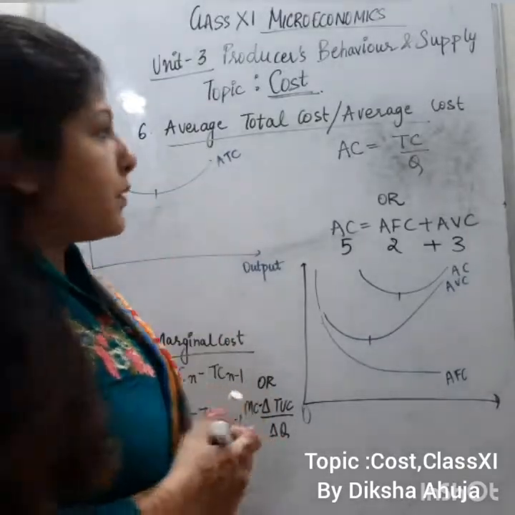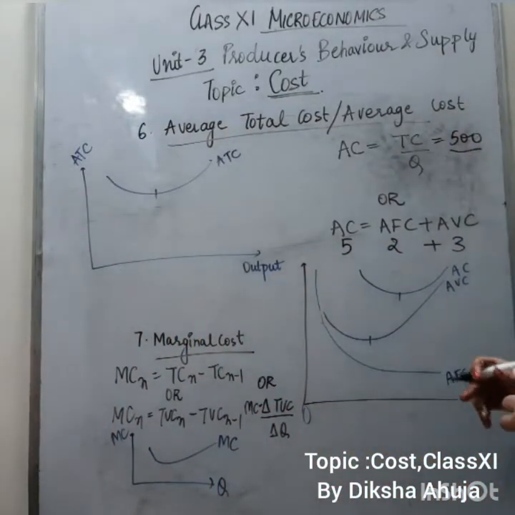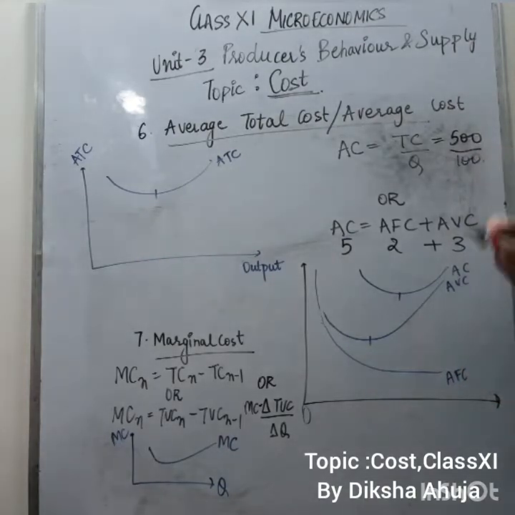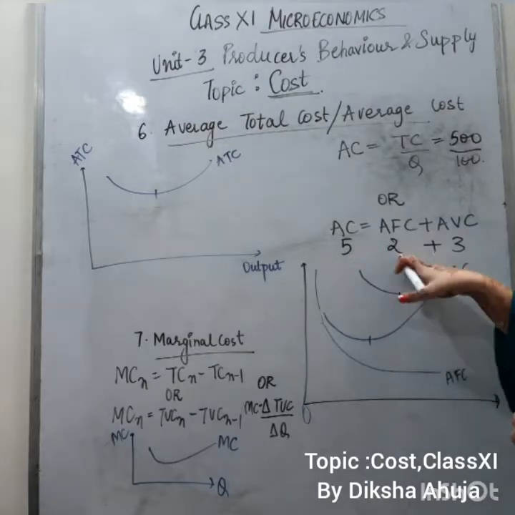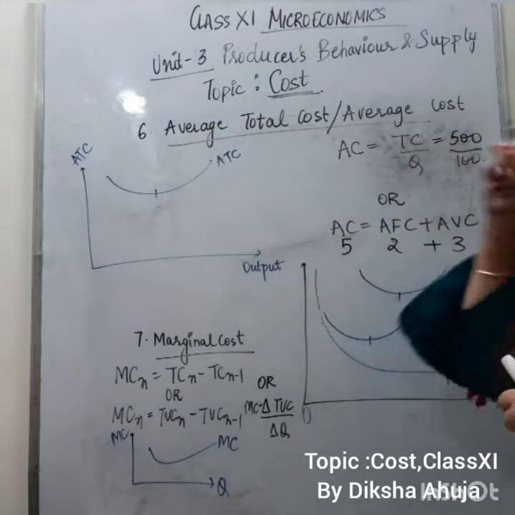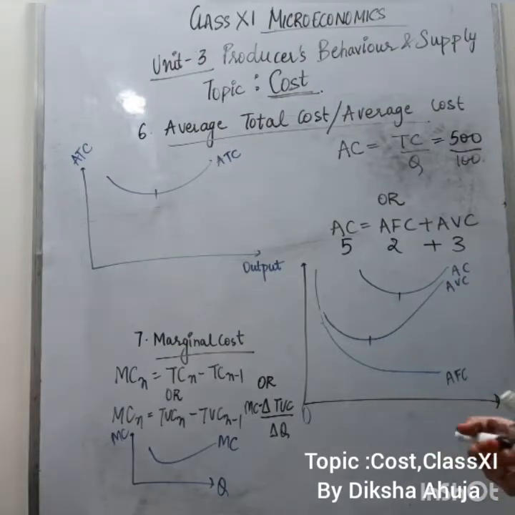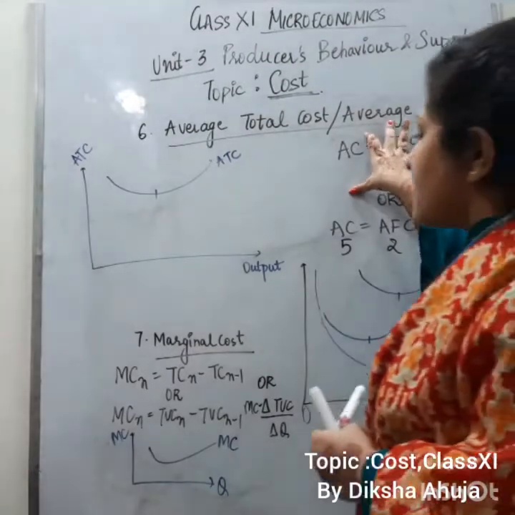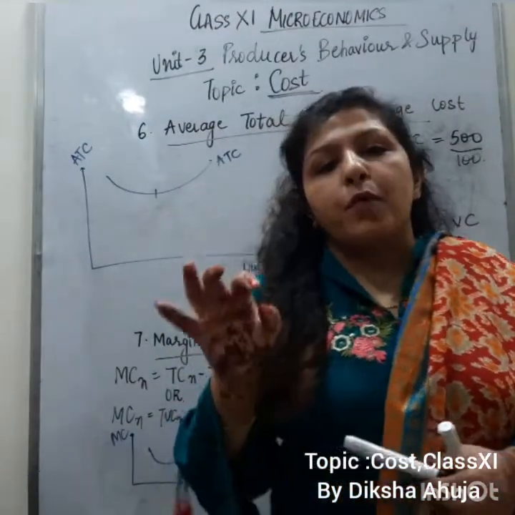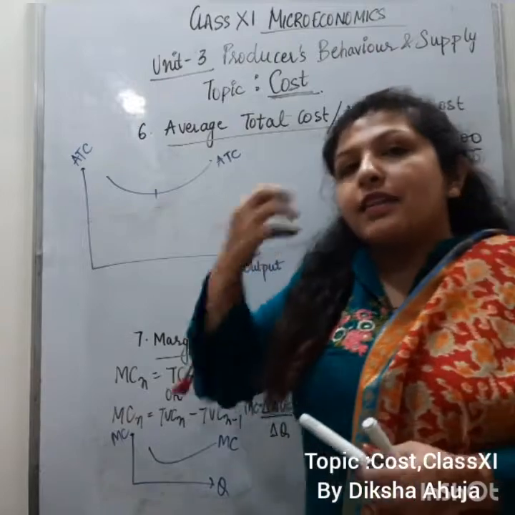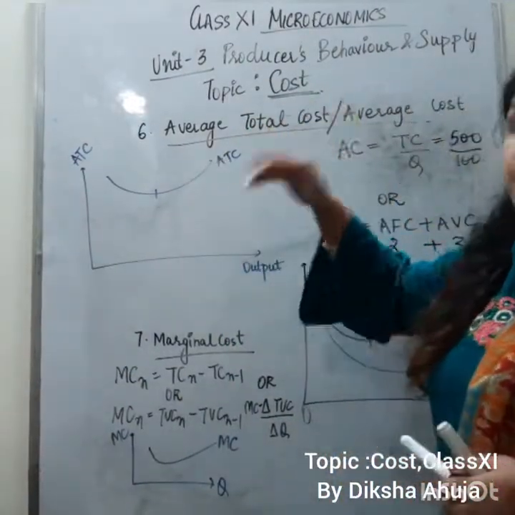Let's say I give the example that total cost was coming out to be 100 and I'm producing 100 output of Uncle Chips. So per unit cost which is levied is 5 rupees. Out of that, 2 rupees is going to the rent and all other fixed costs, and 3 rupees is the cost of potato and other raw material. Okay, so average cost is also U-shaped because of law of variable proportion. Because variable proportion says that in the initial part, the production increases at increasing rate, then increases at diminishing rate.